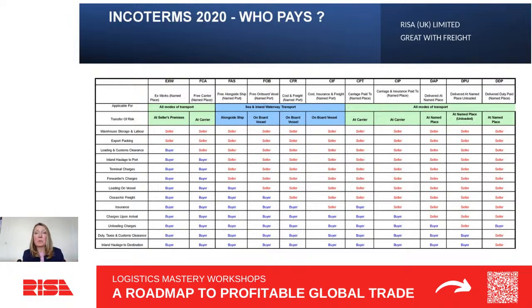The graphic that I've put up here shows you all of the current ones. Incoterms generally are reissued every 10 years. So at the minute we're working to the 2020 Incoterms. And the idea behind updating them every 10 years is that trade changes. So they may change the terms, they may remove one, they may make changes to one, they may call it something different, but they do review them to see how trade has changed over that 10-year period. And as you can see,